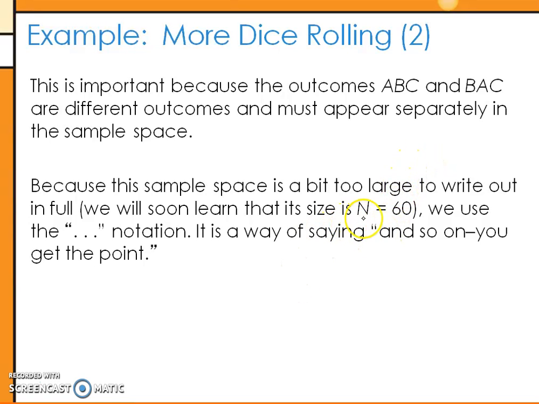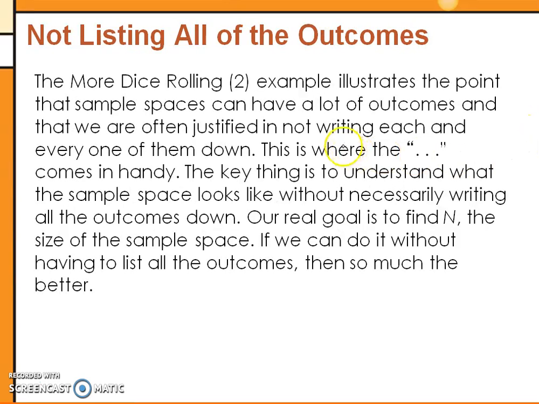And so this one, they're even just telling you the sample size is 60. So they don't want you to write them all out, but the dot dot dot is a way of saying, okay, here's the pattern. I see what's happening. Like on the coins one, I see I could get heads, tails, and so on. I see the pattern without having to write them all out. So in the next section, that's what we'll talk about, is coming up with the number on the larger ones. But we just want an idea of what the sample space looks like, because it can be different in very little ways.